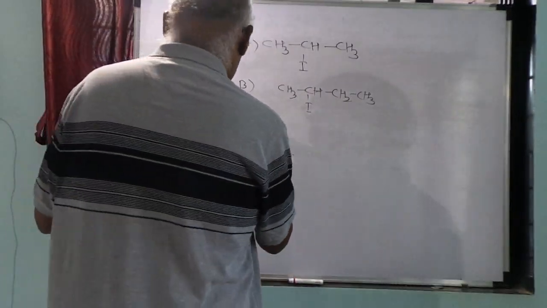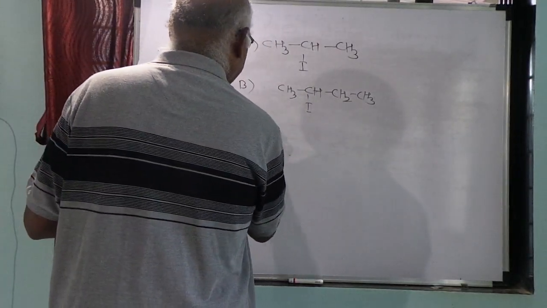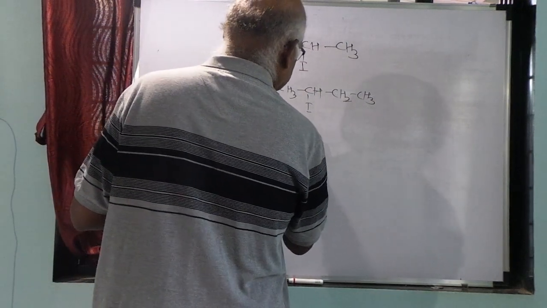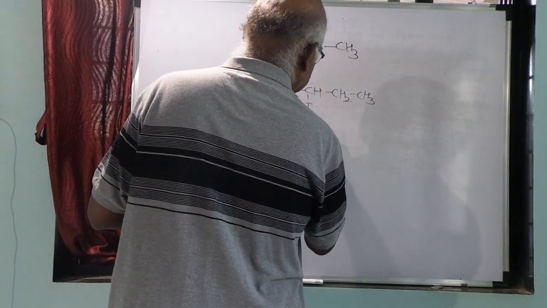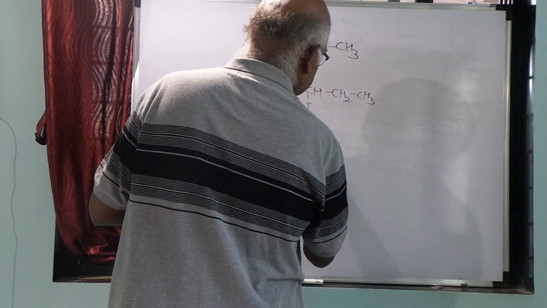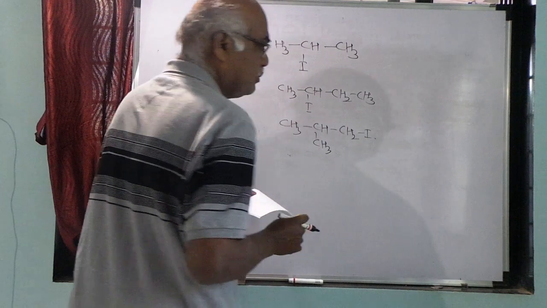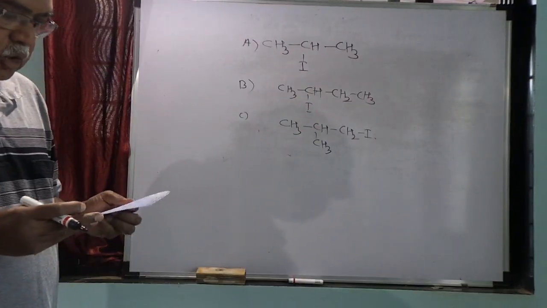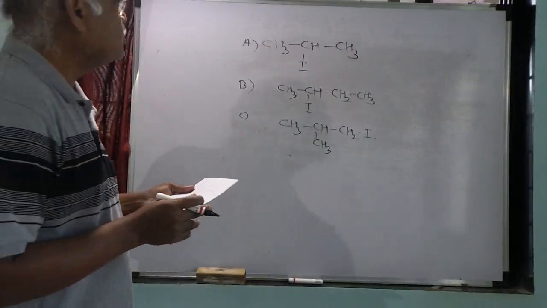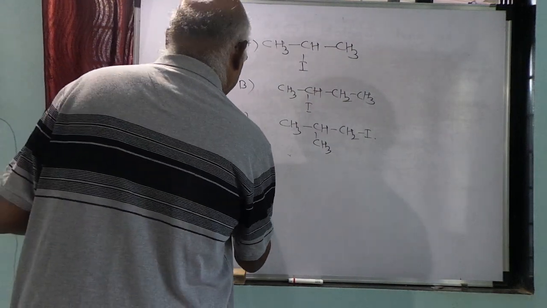Then the third option is isobutyl iodide, CH3 CH CH3 CH2 I. And the fourth option is tertiary butyl iodide,